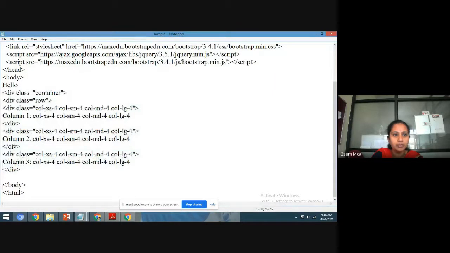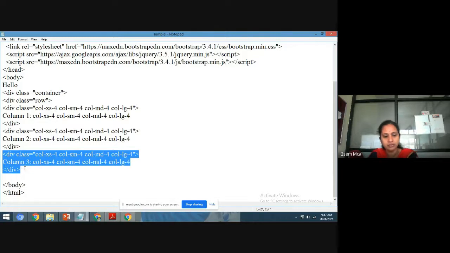So the container is used to display the output row-wise and column-wise. Here we have a row class. Inside the row class, I have a class that is the column size. Here I'm specifying the column value. This is the second div tag, and this is the third div tag. Now I'll include one more div.